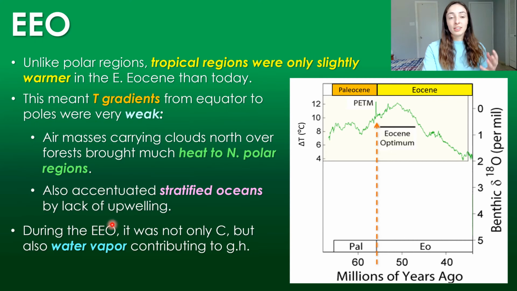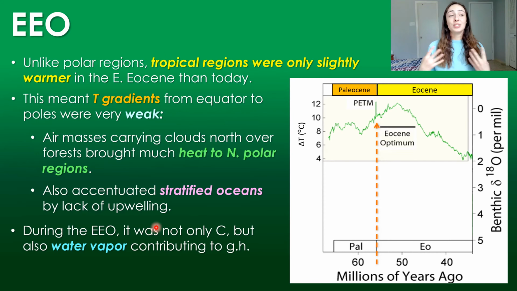Because of this, during the Early Eocene Optimum warming trend, it was not only carbon, like methane and carbon dioxide in the atmosphere, that was acting as a greenhouse gas, but also water vapor. If you don't know, water vapor is also a really strong greenhouse gas, and that is something you might not know just because we tend not to focus on it as much as preventing, say, CO2 release into the atmosphere and our carbon footprint. We can't control water vapor as much as we control carbon release, because we are largely the cause of today's carbon increase in the atmosphere, and that's why we know we can control that and maybe help that situation.